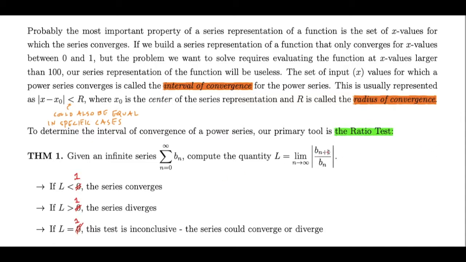And so, as I was saying, if I calculate this limit and it turns out that that limit value is less than 1, then my series converges. If that limit value is greater than 1, the series diverges. And if the limit equals exactly 1, this test is inconclusive. This test does not tell me whether the series converges or diverges. If that's the case, I have to rely on one of the other tests that we discuss when we're investigating